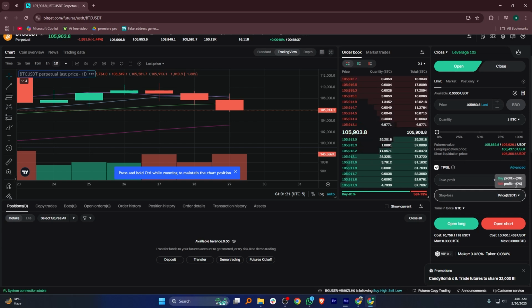Finally, choose whether you want to open long or open short depending on your market prediction. That's it. Your futures trade will now be placed with both TP and SL settings to manage your risk and